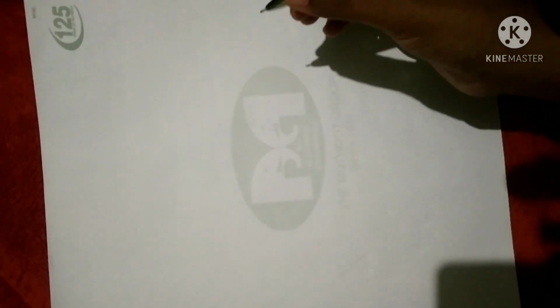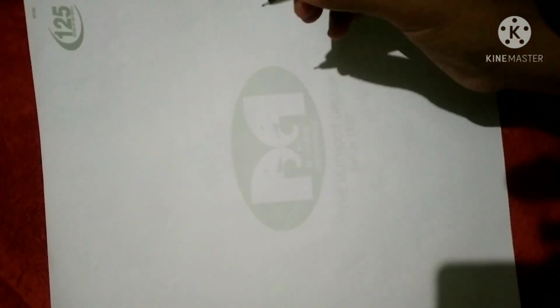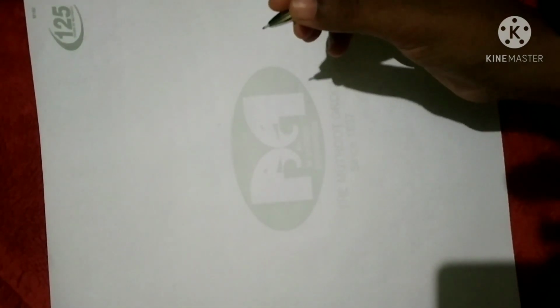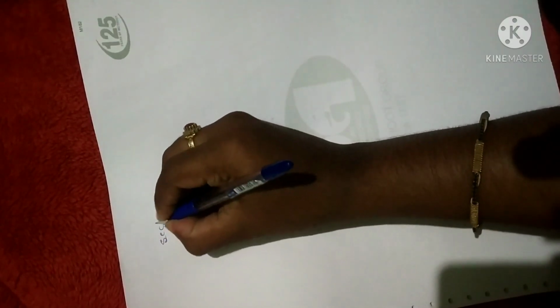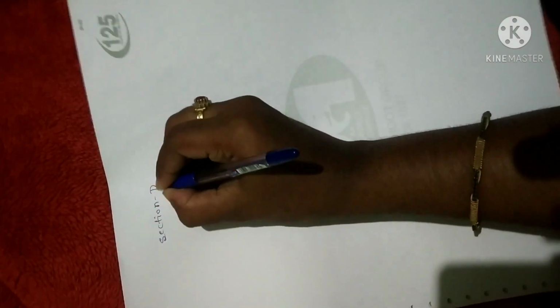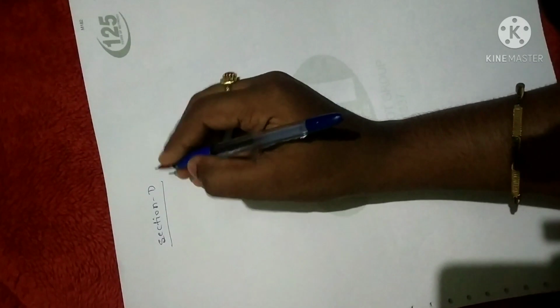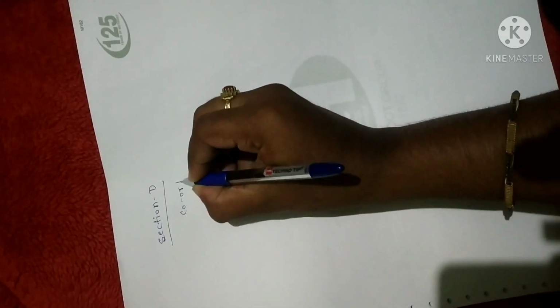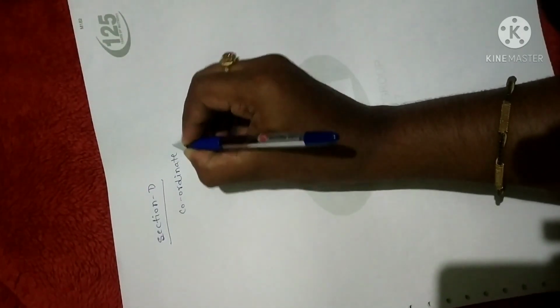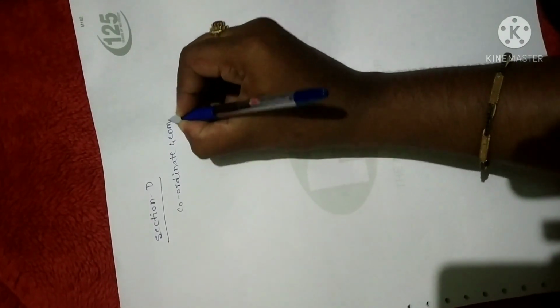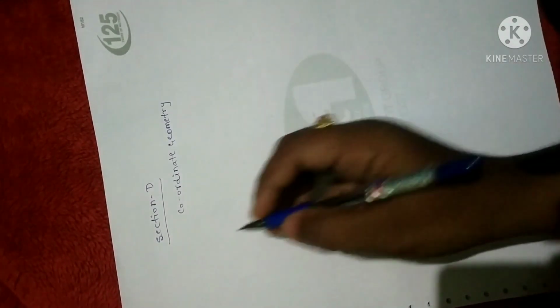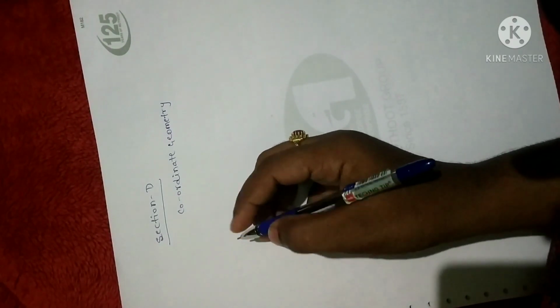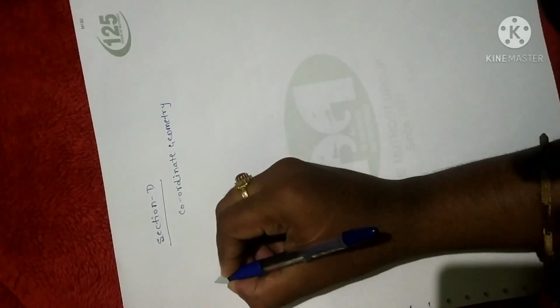Hi students, in this module I'll discuss some important questions from the exam point of view. Since I have done coordinate geometry at last, let me discuss the questions which come in section D. In section D you will get all the questions from coordinate geometry only. You can look at the question papers: every year the repeated question will be one